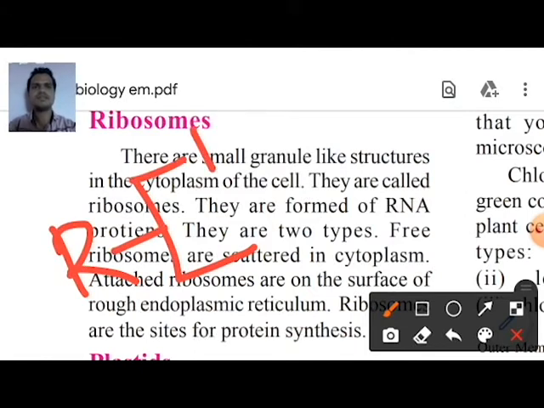They are free ribosomes. These free ribosomes are freely scattered in the cytoplasm. They can float in the cytoplasm, just like they are swimming. Now the next one is attached ribosomes. These attached ribosomes are attached to some special surfaces. While we were observing the rough endoplasmic reticulum, some small yellowish dot-like structures were attached to it. Now these are ribosomes. And what is the function of ribosomes? The function of ribosomes is protein synthesis.